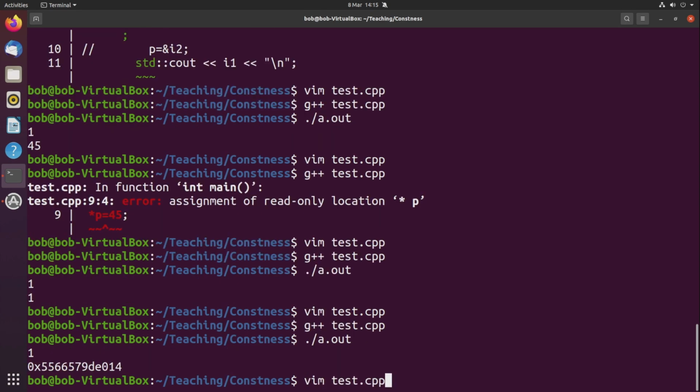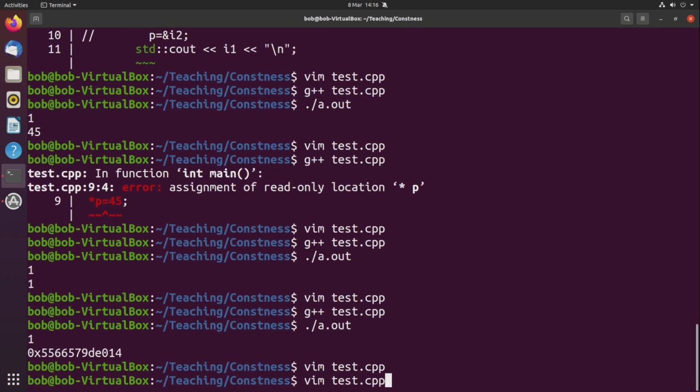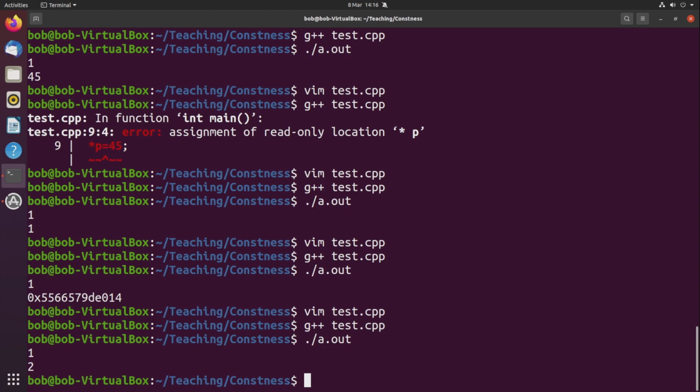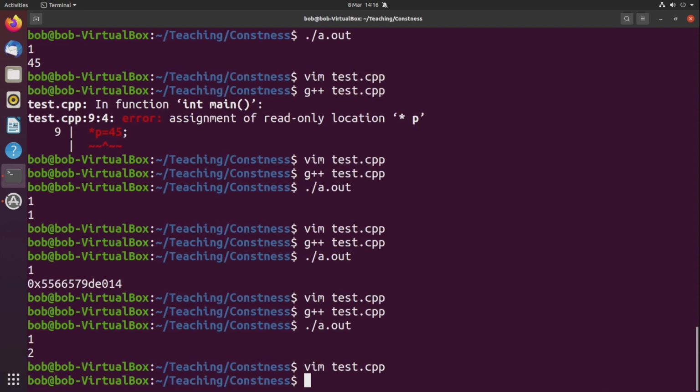And that dereference P, hear me, that was just printing the memory hex address. Okay, so there we go, we get 1 and 2. So by putting this const in front, I can quite happily point my pointer to different places, but I can't modify the value. Now if I get rid of the const here and put a const instead here after the asterisk,